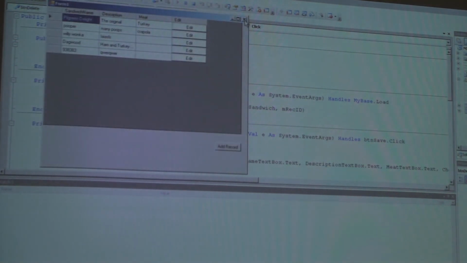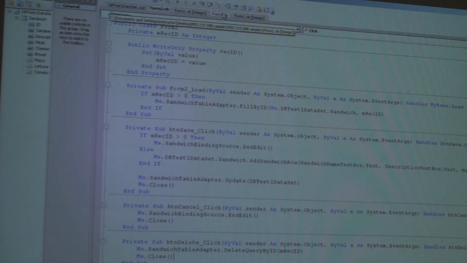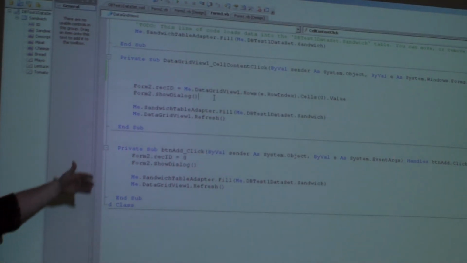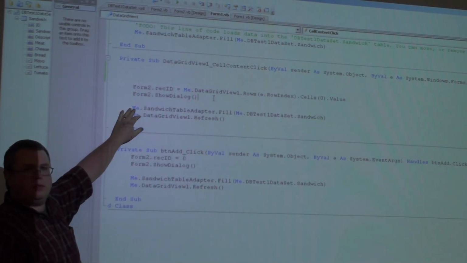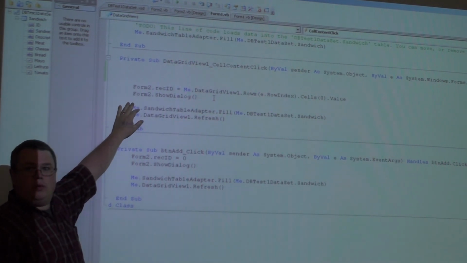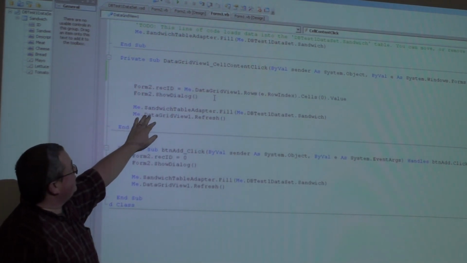Now there was one other thing I had to do to get the two forms to talk properly. And that was, notice here's my show dialog, right? That's what popped up the second form, and it transferred all program control to the second form. So when does this execute? When will this statement execute? When you close it. When that form is done being shown, it will then move on here, and notice what it does again. It does a